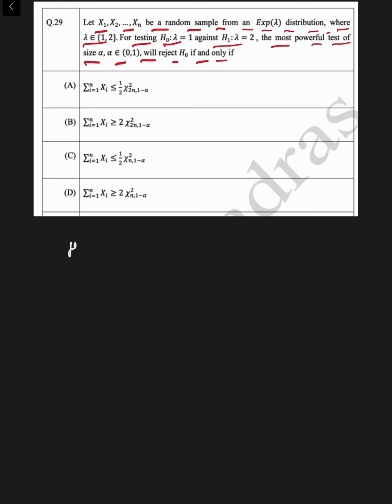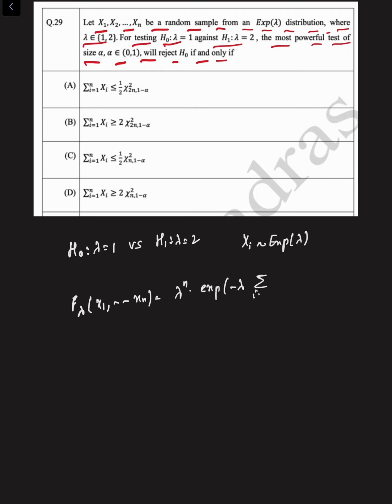So we're asked to find the most powerful test for H0: lambda = 1 versus H1: lambda = 2, where each sample Xi follows an exponential distribution with parameter lambda. If we consider the joint density f_lambda of X1, X2, ..., Xn, that is lambda to the power of n, exponent of minus lambda times the summation i = 1 to n Xi,